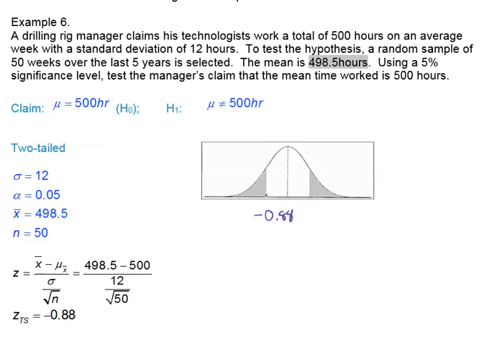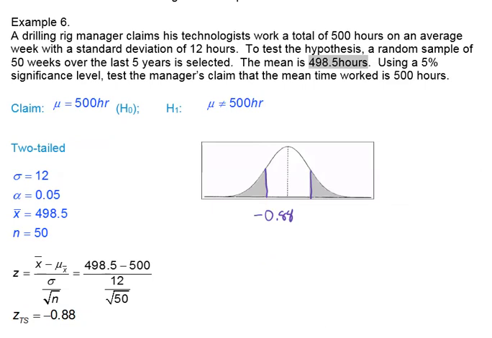And calculate the area more extreme than that. So if that's our 0.88, the area more extreme is going to be on this side. But because it's two-tailed, we also have to add the mirror image side. So if we look up our probability of z being less than 0.88, that's just looking it up in our z-score table,